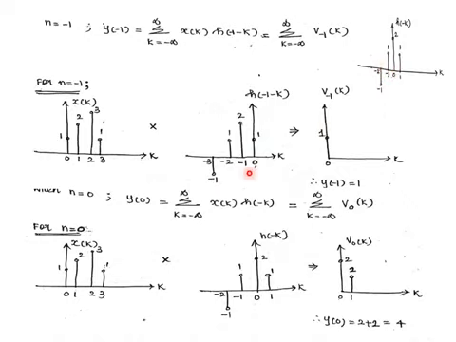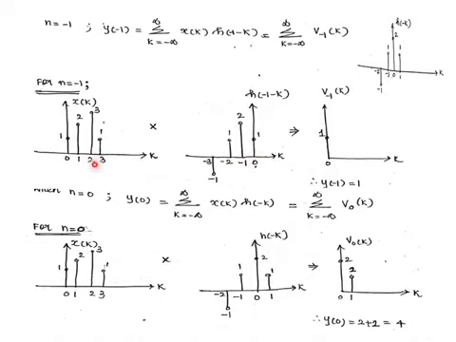You'll get a sequence like this. Now this is x of k and this is h of minus 1 minus k. As per the formula, we have to multiply these two. So signal multiplication has to be recalled here. This is a basic mathematical operation in which we will be multiplying the amplitudes of both the signals at respective time instants. That is, we have to consider the same instant of time of both the signals and simply multiply its respective amplitudes.